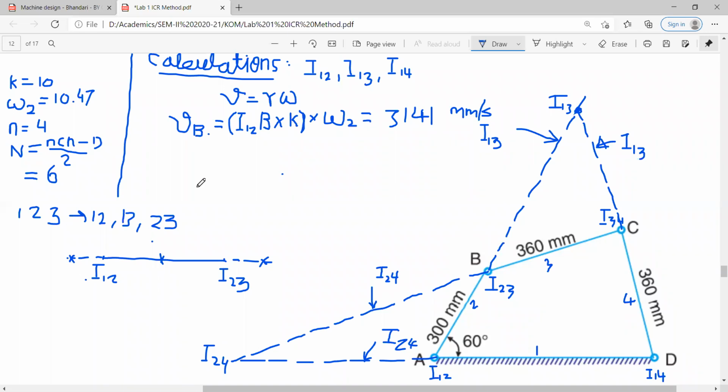Okay, so we will write down the formula for velocity of point B. Velocity of point B, okay, considering that now point B is on link 3,